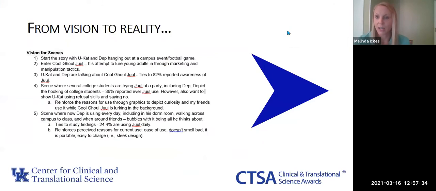So from vision to reality, I've talked a lot about the stages, or there are a lot of steps involved. We took this vision of plot ideas that I initially had and created a script. I remember when Ashley said, okay, I want you to write out a 10-page script. And I thought, what in the world? Where do you even start with that? But we broke it down into smaller segments. These were just the original vision for scenes that I had. We looked at those and said, do these fit? Can we make all of these work? What's most important? What do we need to pull out?